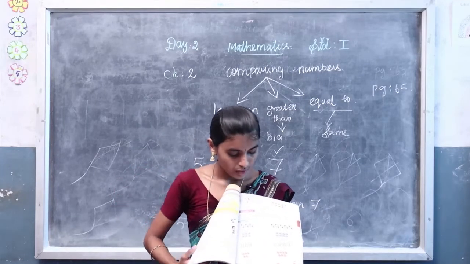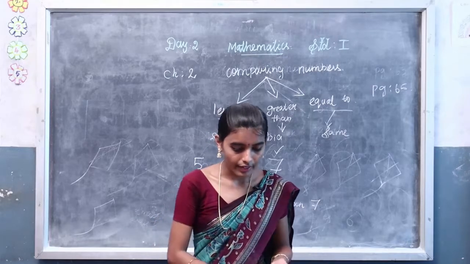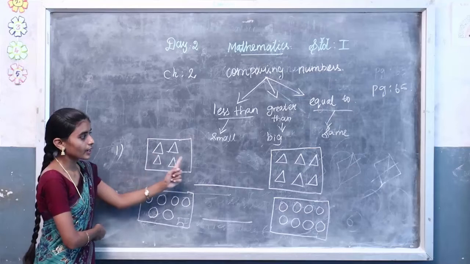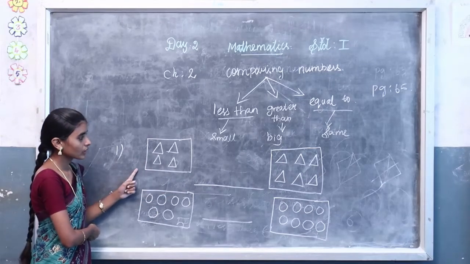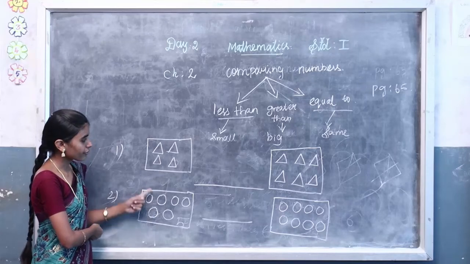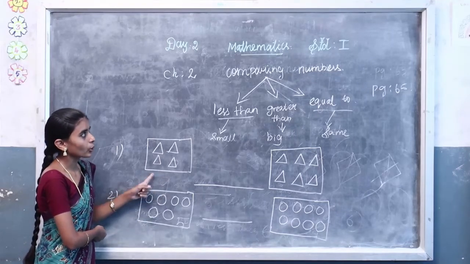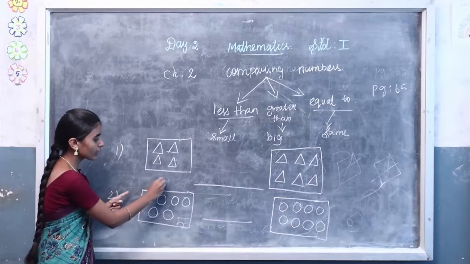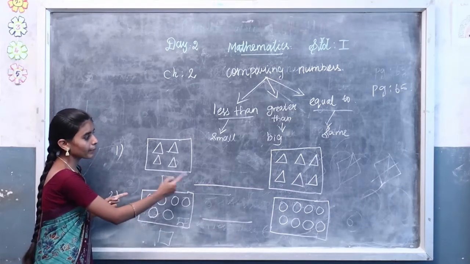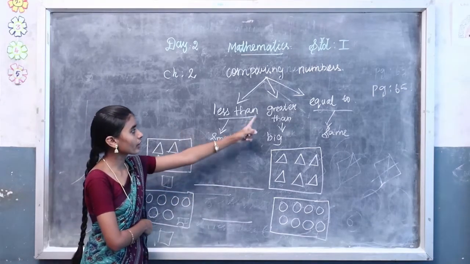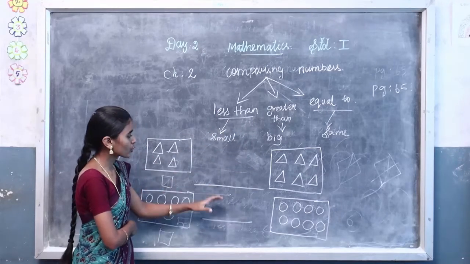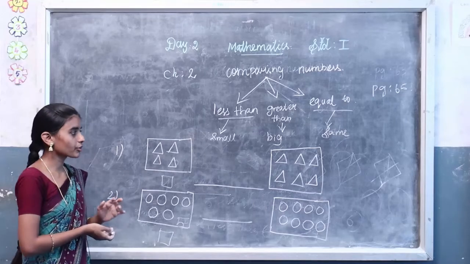Okay. Now all of you take your rough note. Write the homework. So see the sums. There are some pictures in the two sums. You have to pause the video and draw the objects into your rough note. Then do the sums. You have to compare the numbers. So count the numbers and write the numbers in the boxes also. Then compare the numbers. Then use any one of these words: less than, greater than or equal to. Then do the sum. You will finish it in your free time.